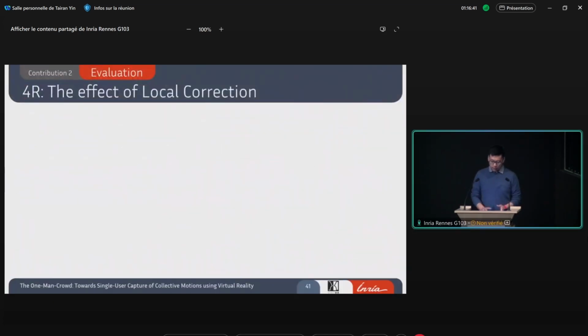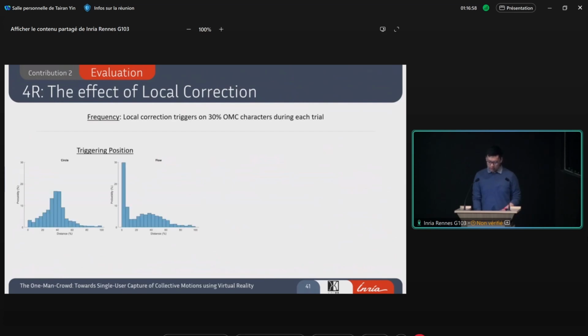So we separately investigate how frequently the local correction is triggered and at which position it is triggered. Our finding is that on average, 30% of the OMC characters will trigger local correction during each trial. And in terms of the position where the local correction is triggered, we found that in the circle scenario, most of the local correction was triggered in the center of the scene, which is just as we expected. But in the crossing flow scenario, most of the